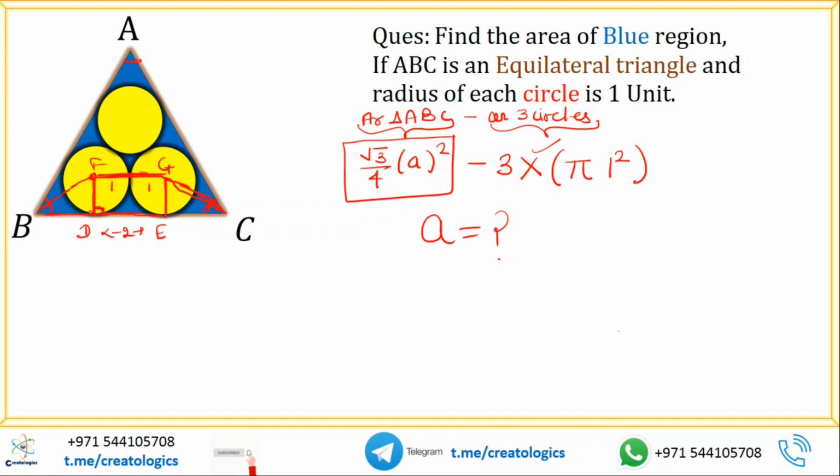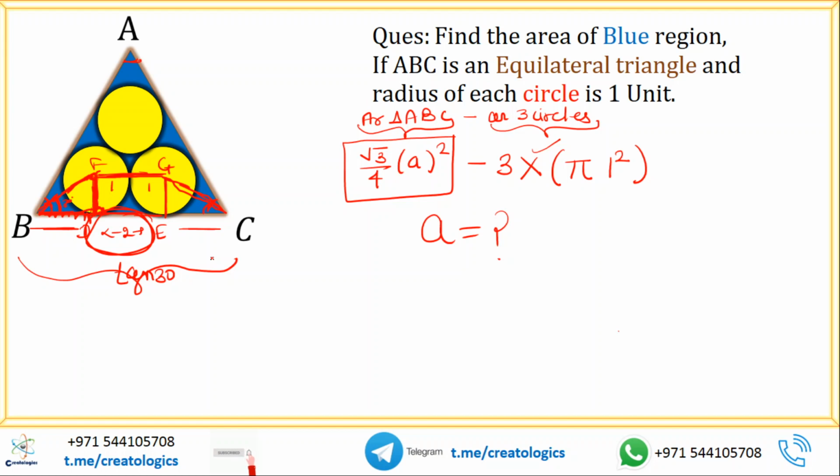Now the question comes, what is the length of this BD? That BD will be calculated by the triangle BDF, where this angle is 30 degree now. This side length is 1 unit now. So I will use the tangent, right? Tangent of theta, tangent of 30 degree in order to calculate this BD length. Once I get BD, EC is also same as that. And I will add 2 to those. So I will get the length of side BC completely.